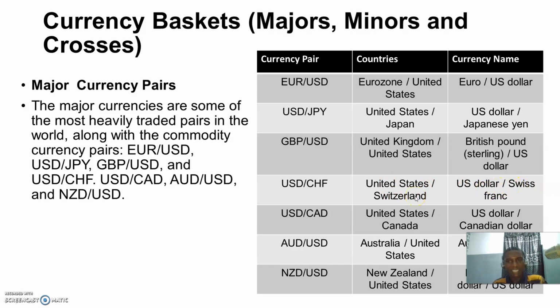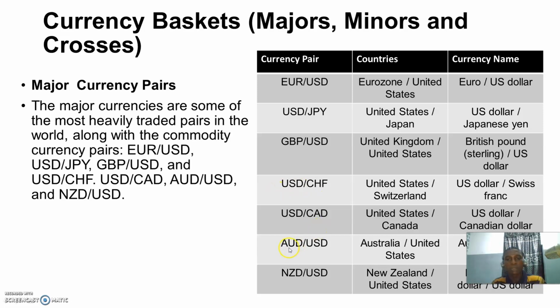Now we could see it's getting interesting, for the fact that two different currencies are paired together to make a meaning, and then you can either buy or sell, from transactions, international trips, and a lot of stuff like that. So imagine you are in the US and you want to travel to Switzerland. You would need to exchange your dollar for the Swiss franc. Or if you are in the UK, you want to travel to the US, you need to exchange your pounds for the dollar. So this is how the currencies fluctuate.